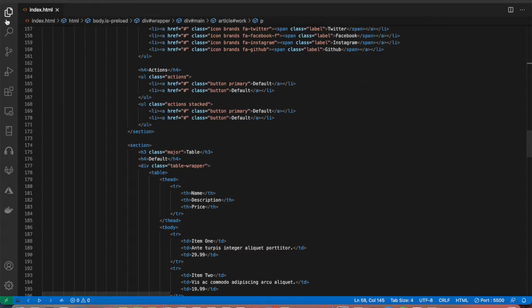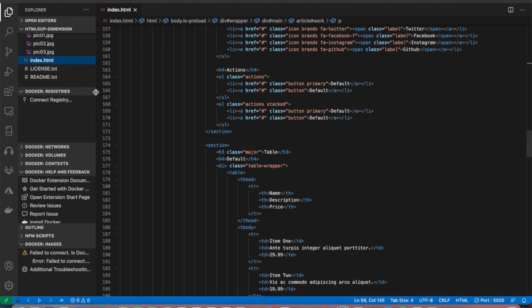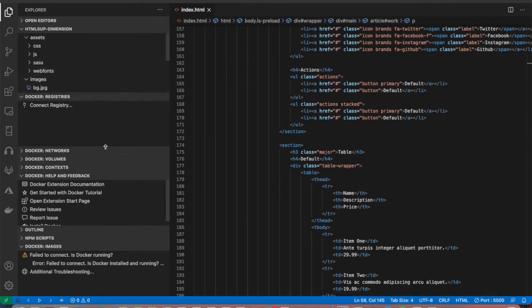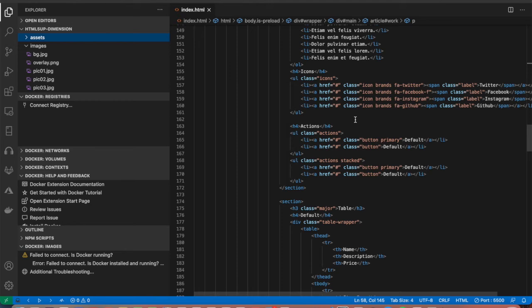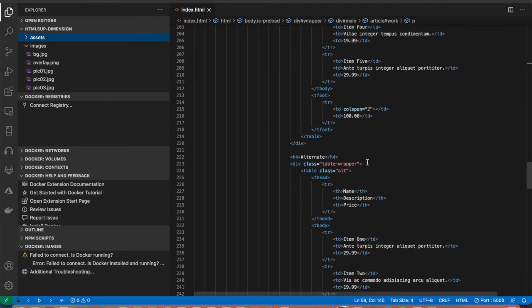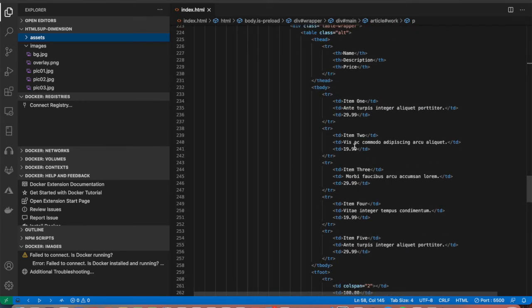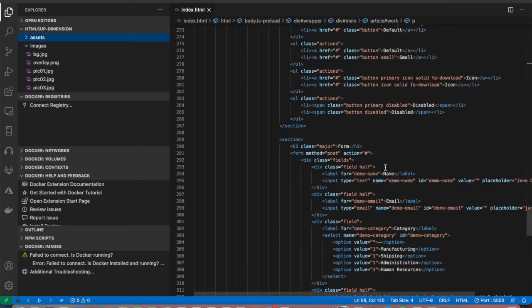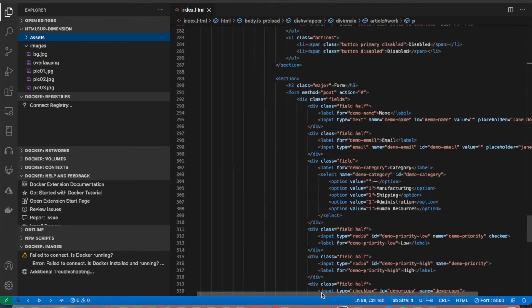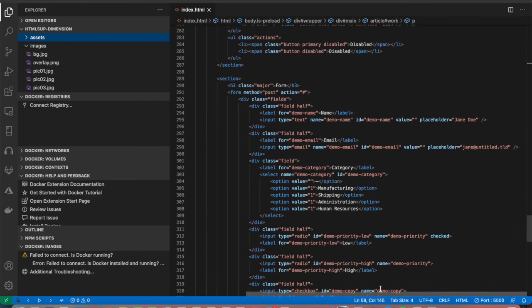As far as the images are concerned, you can go to this particular folder structure and you can find the images folder. So you can change your images by having the same name, or you can change the images and the name, but you have to change the name of the images which you have used in the HTML also, because then it will not match. If it does not match, it will give an error.